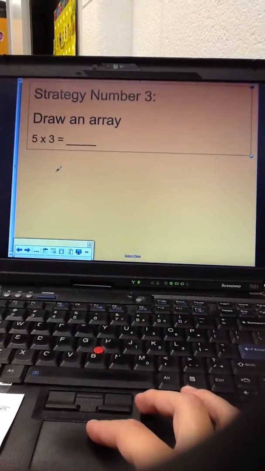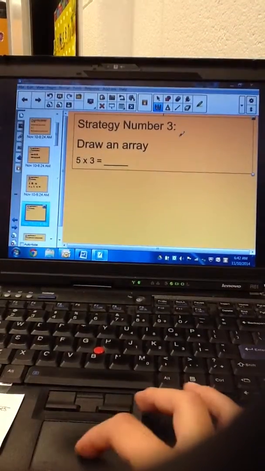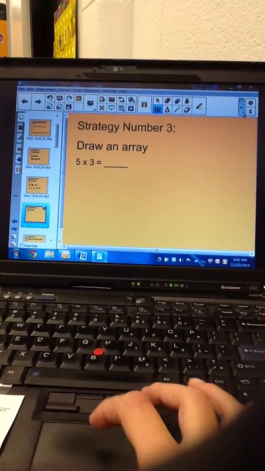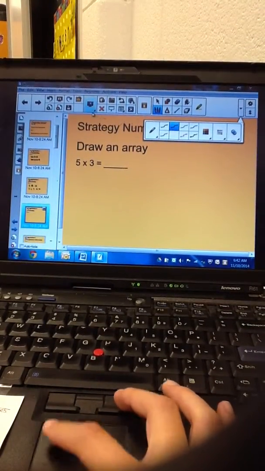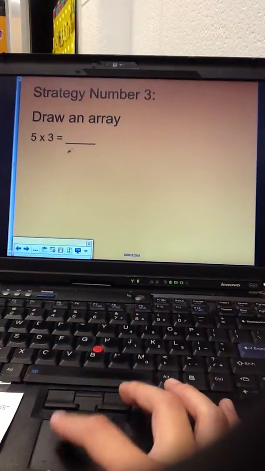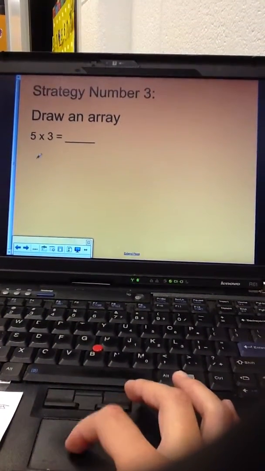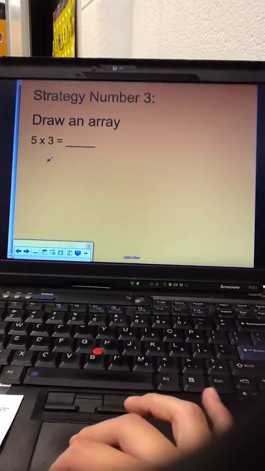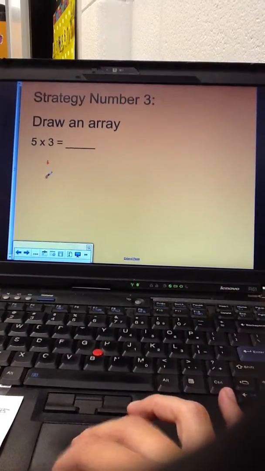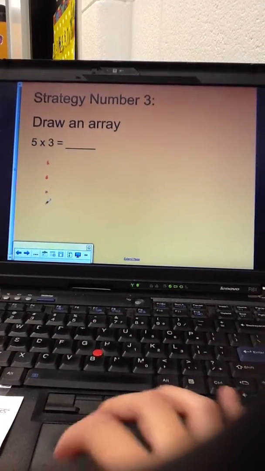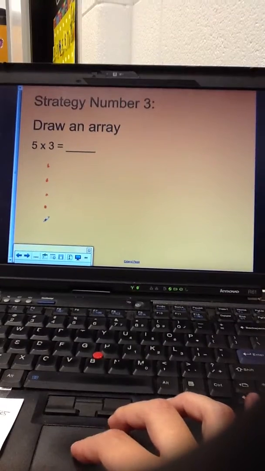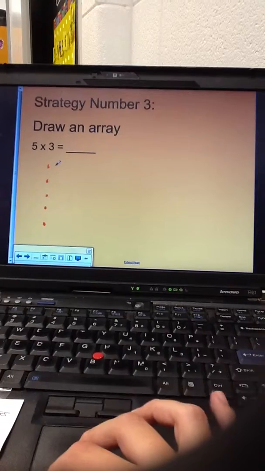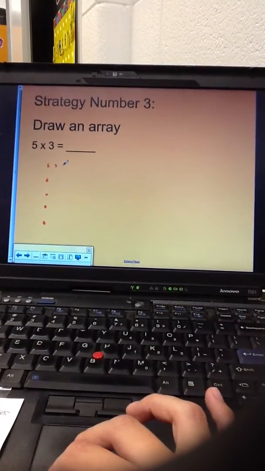Another strategy you could use is drawing an array. And I'm going to change the color of my pen for this so you can see this just a little bit better. But when I draw an array, I look at my first number and it says 5. So I need 5 rows. 1, 2, 3, 4, 5. And I need 3 dots in each row. So 1, 2, 3,